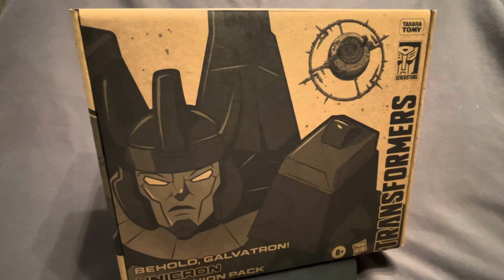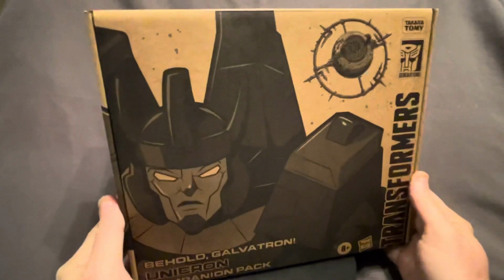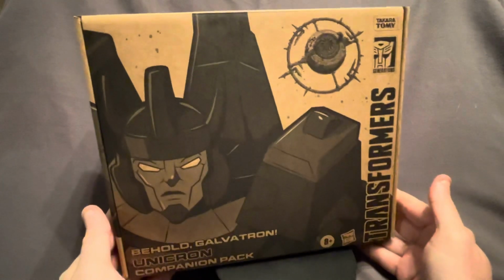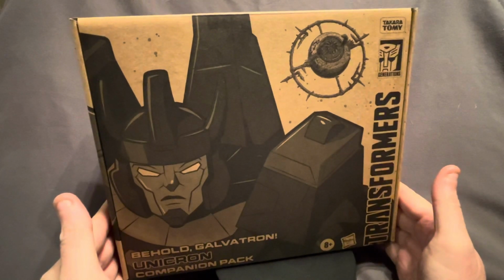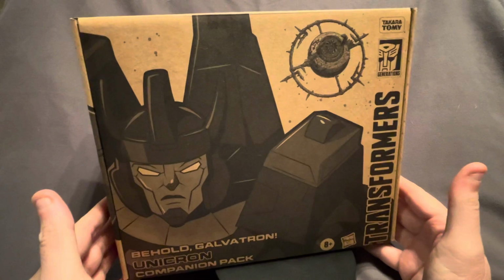When it was announced, this was a figure that I thought, you know what, I'm probably not going to go after this because it's a little bit bonkers and a little bit crazy. You may have seen my video already, but I did pick up the Transformers Red figure, which was the reformatting Megatron,